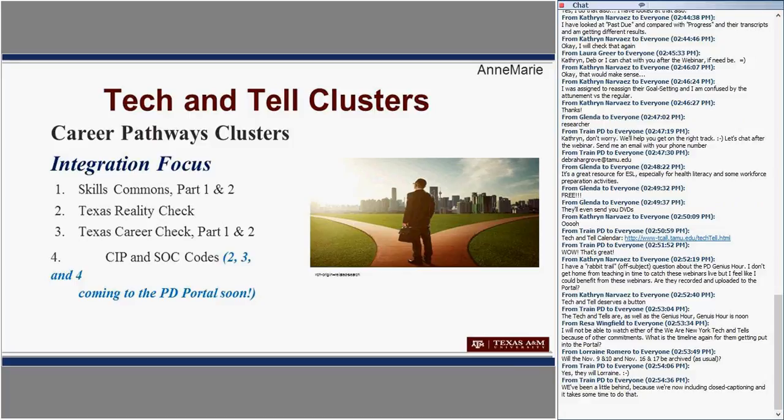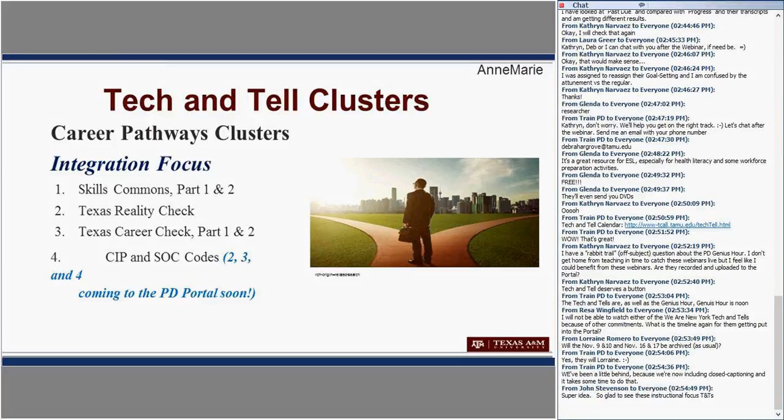Oh, I'm going to let you speak to this. Okay, I put Anne-Marie on there, but I can speak about this. So, TechIntel clusters. We want to mention again the career pathway clusters. We've had a couple of sessions, the Skills Commons Part 1 and 2, the Reality Check, and Texas Career Check Part 1 and 2. So any of these can be clustered and provide